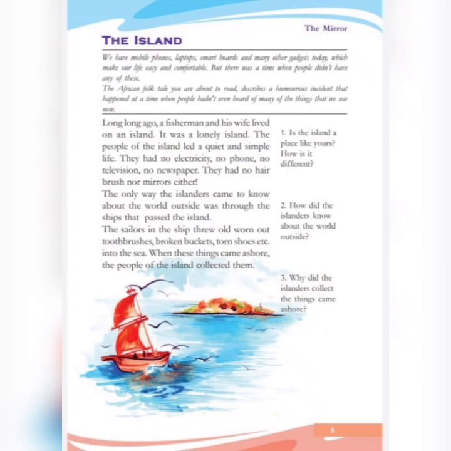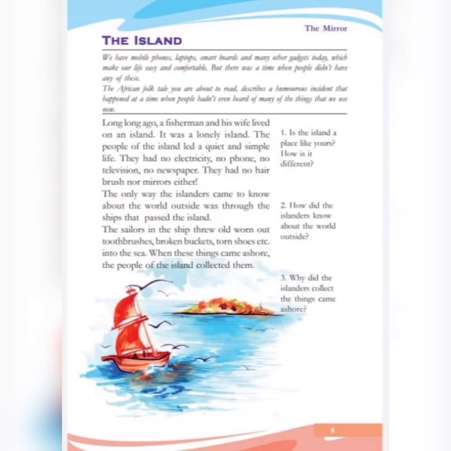From this paragraph, we can understand the islanders led a life which is absolutely different from that of the other people. The only way the islanders came to know about the world outside was through the ships that passed the island. They had no information from the society other than